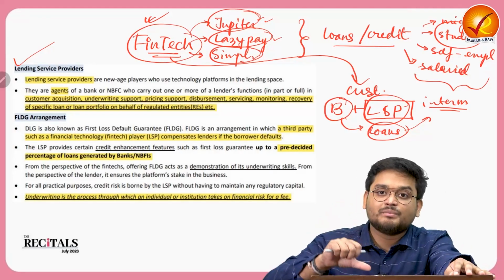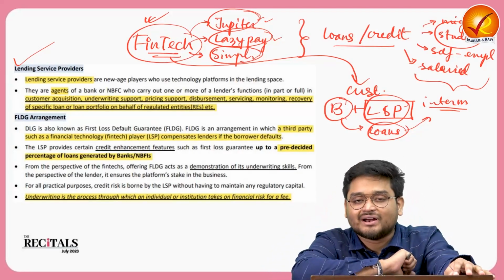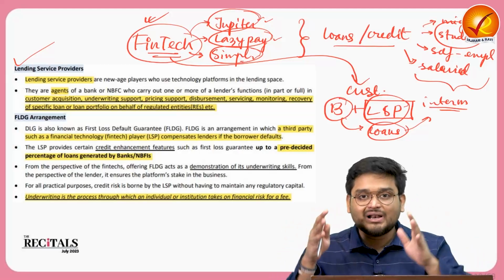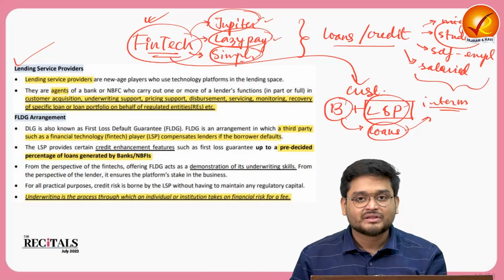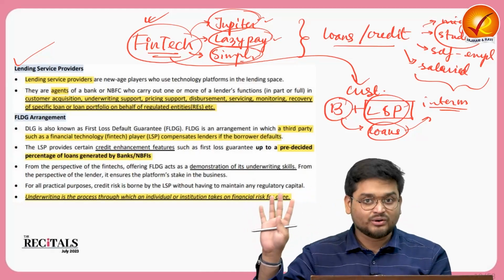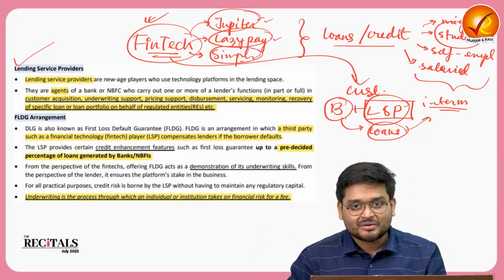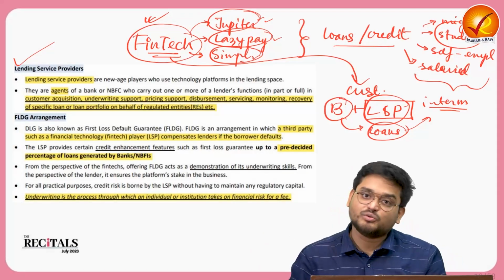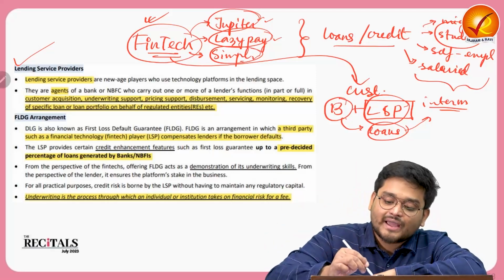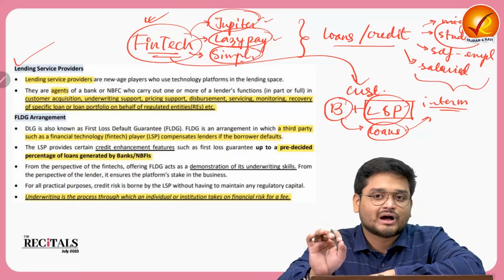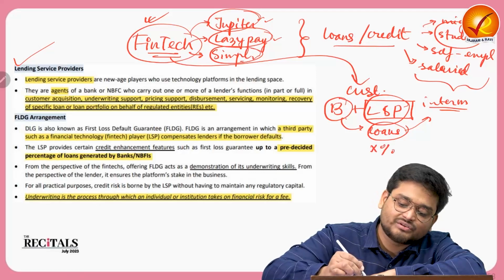So the bank will be catching Simple then, right? So in this manner, we have to understand this LSP are the middlemen who take loans from the banks and give loans to the customers. If the customers default on any loan, the banks will not be liable, because then the LSPs will have to pay back that proportion of the loan to the banks, and the LSPs can say, if these customers are not paying back on time, I can pay a fixed percentage of the loan back